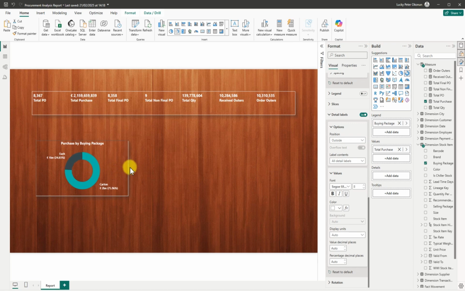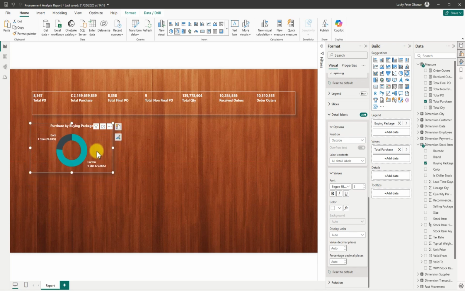Inch and some other ones. So I see this buying package, inch, total purchase, this carton, inch. So buying packages. So this is buying package. So this should be something smaller, but now it's standing. So we have this purchase by buying package. So we have this, then we're going to copy,